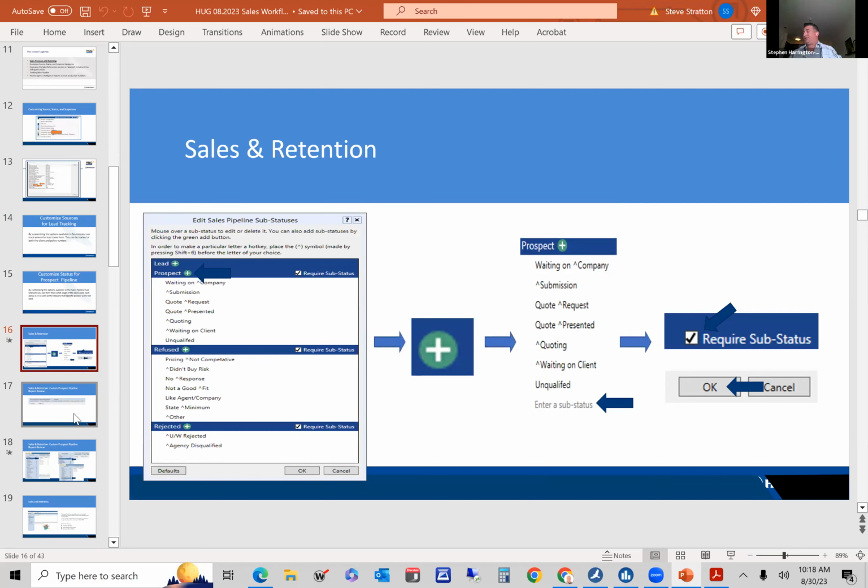One of my favorite questions is, well, can you just send me what I should put in there? And as much as I would love for us all to be vanilla and basic and do everything the same way, HawkSoft is the gorgeous unicorn of management systems because we can do just about anything we want with it, however we want. So you need to make sure that you're coming up with what makes sense for your agency,